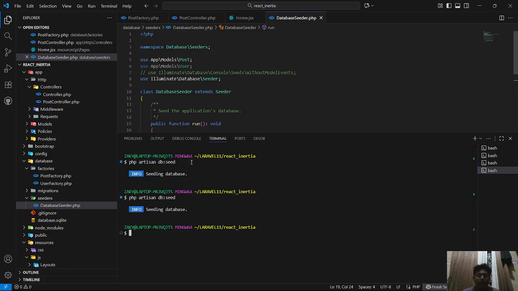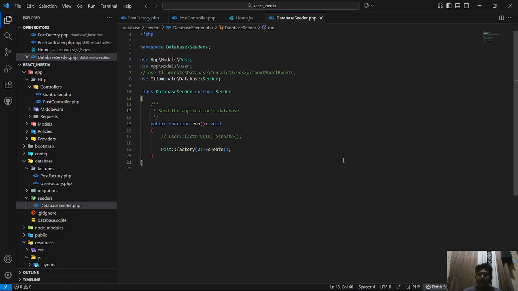And after this, you must write php artisan db:seed in the terminal.